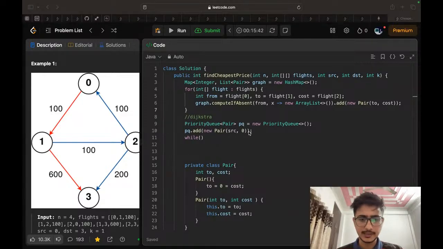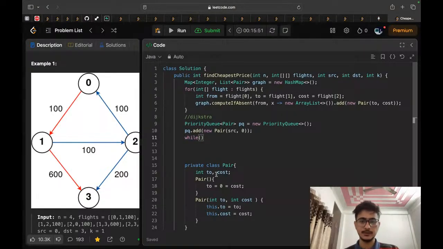Okay, so we are starting from our source node. So currently we are having a depth of 0. So we have put it in our priority queue. So what we will do, we will sort our priority queue based on, sorry, we can't take a pair. We need to take